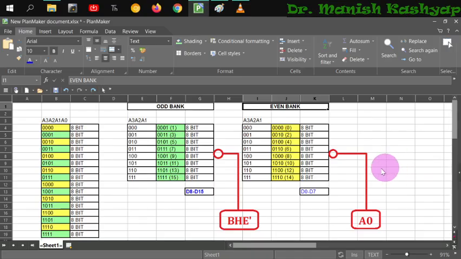because that will be used in this lecture also. So we took a pilot example where we said that if we had a memory which had only 16 locations, and each location is of 1 byte, it could be either a single chip of 16 locations, or it could be broken into 2 chips of 8 locations each, and one of them is called the odd bank and the other the even bank, right? And since 8086 is a 16-bit microprocessor, you have a data bus of 16 bits, and its lower order byte is connected to this even bank and higher order byte is connected to this odd bank,